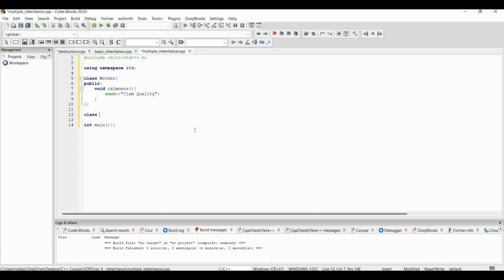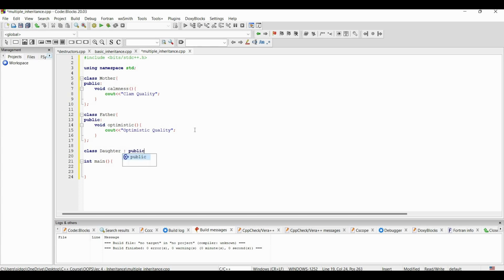And the father is optimistic. So there is an optimistic quality, right? And there is a class which is daughter,